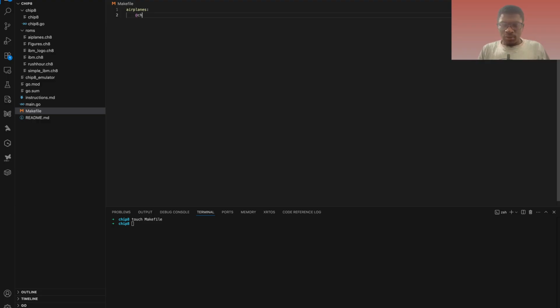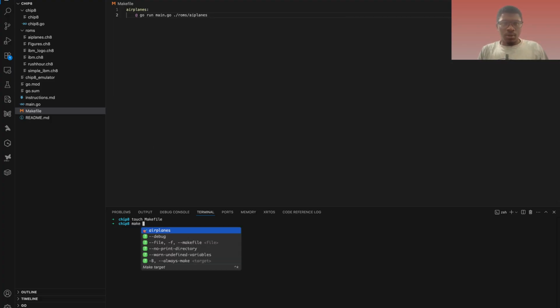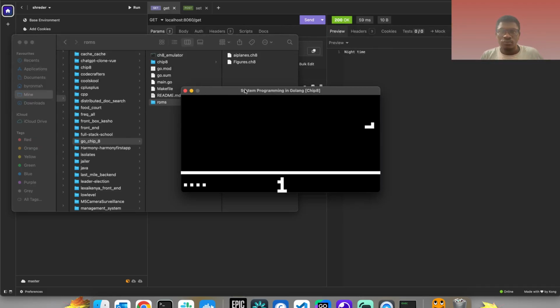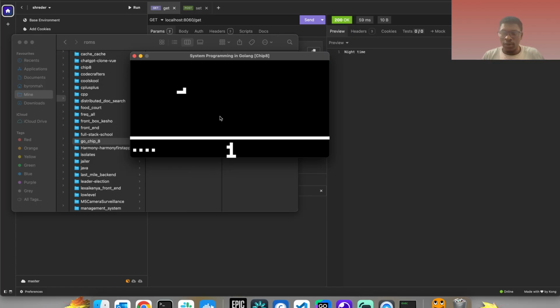It will be at go run main.go, and then we will pass the ROMs, so let's see, make airplanes. Yeah, so you can see from the screen our game is loaded, and I think we can try and